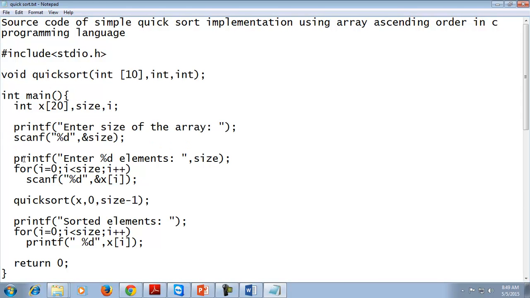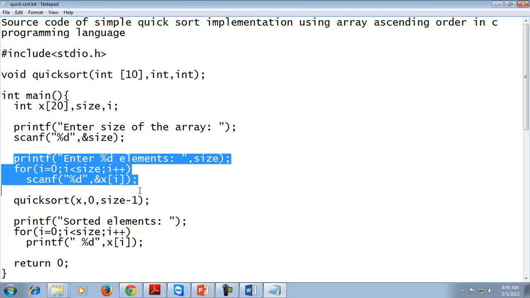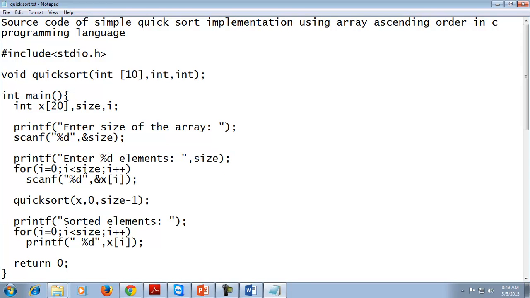Next we will take input from the user, the values which we want to store in the array. So the size of the array is already taken from the user in the variable size. The loop will run from 0 to less than size with i++, and values will be inputted into x of i. x is the name of the array and all the values will be entered in the array.